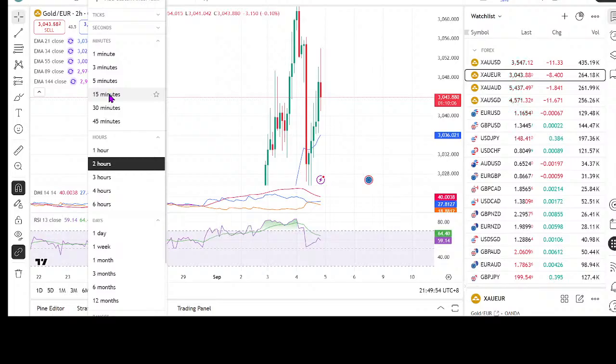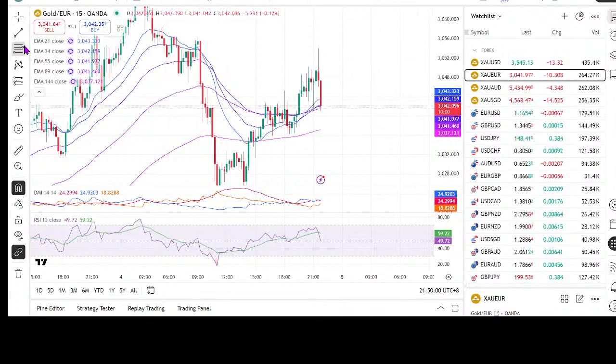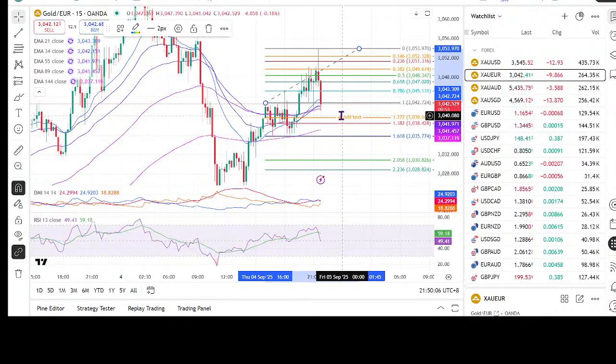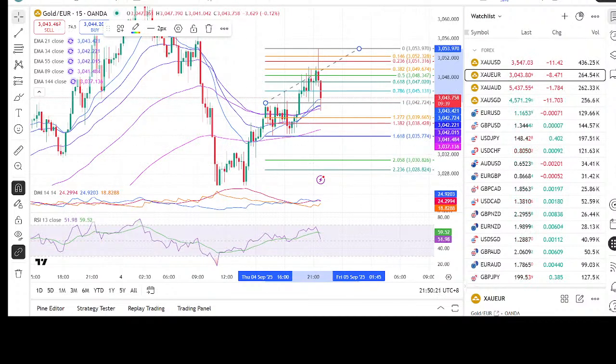So 35 is the stop. So we try to take a buy somewhere near 40 or 38 half. We can go for a buy at 40 or 38 half. So let's do this